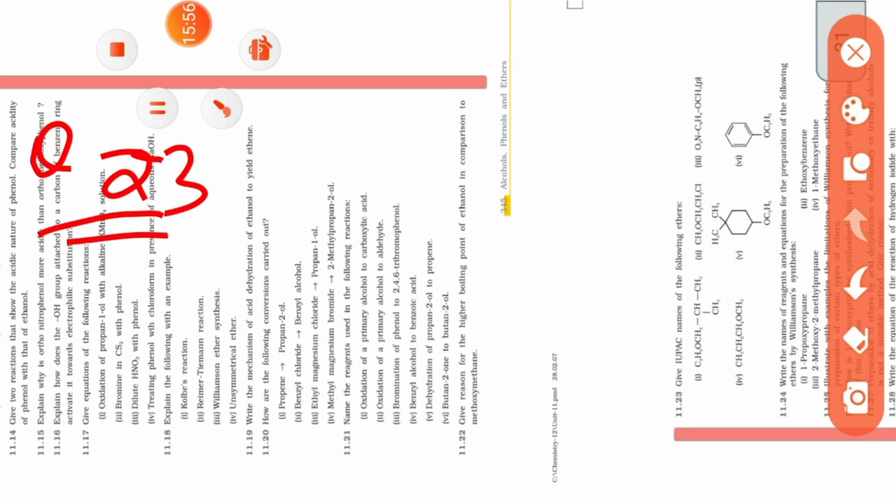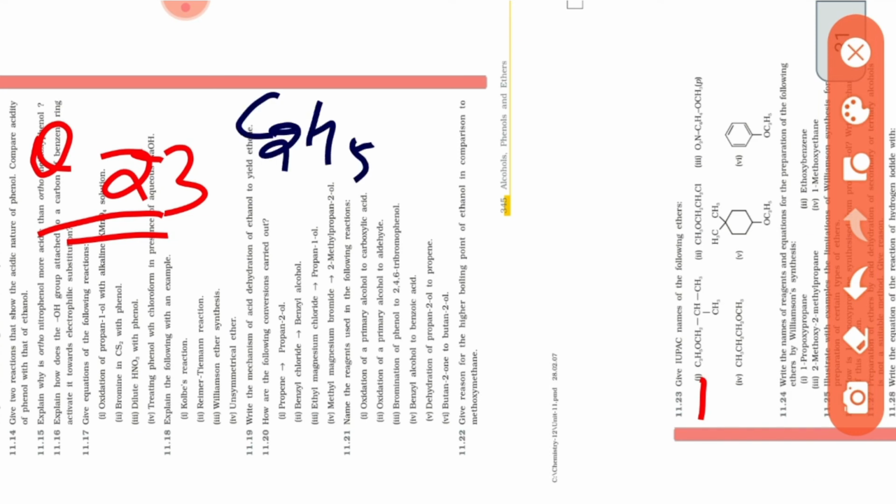Which one is question number 23? You have to give the IUPAC names. What do you have to do? IUPAC name. Number 1, please see question number 23. Number 1 statement you see, please. I hope you all have seen there. Now in number 1, what have they given to you? They have given you this one, that is